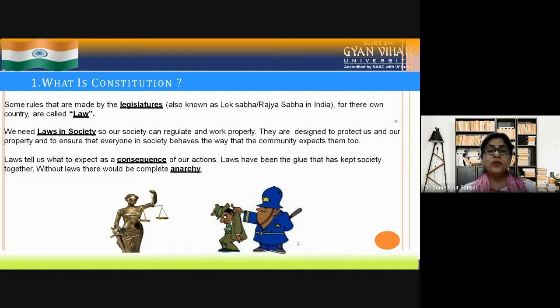So, this is how law works as a very special, very needed force in society. And just imagine what would happen in society without laws. Without laws, there would be complete anarchy, an unsystematic society. What would happen? Anyone can say anything to anyone at any time. Then just think about the system of that country. Will it be really appreciated? No, not at all. So this is the constitution's soul and spirit.